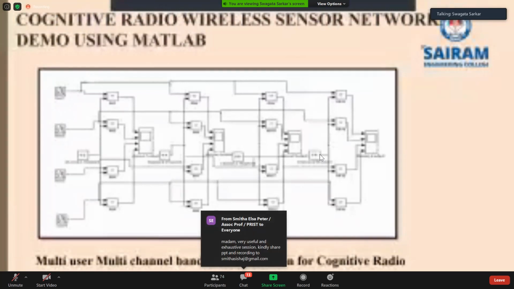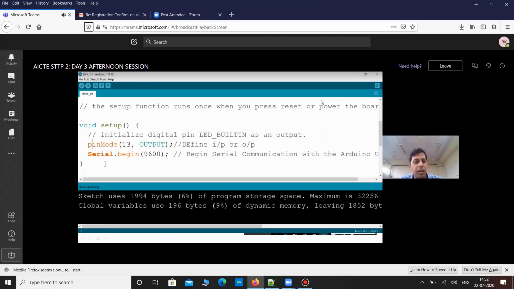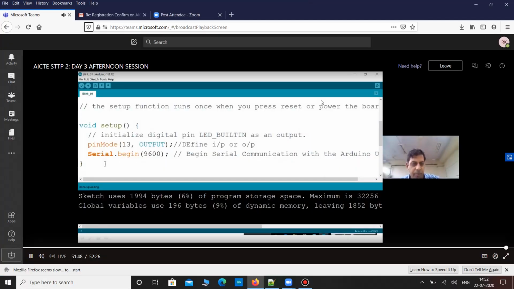Now what is happening? Because we have to blink the LED, when the user is having the contact, all the particular nodes blink. We connect the LED in pin number 13, coming to the first channel. So how do we connect the LED?